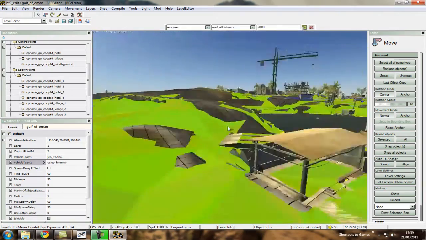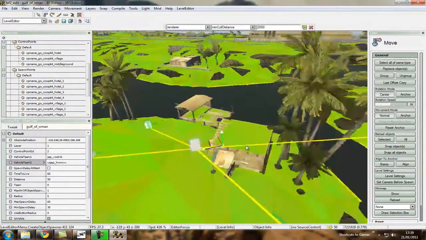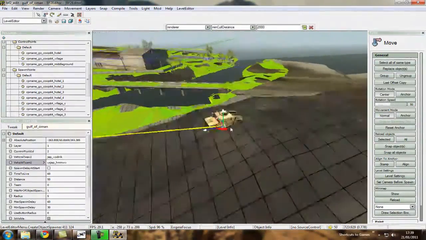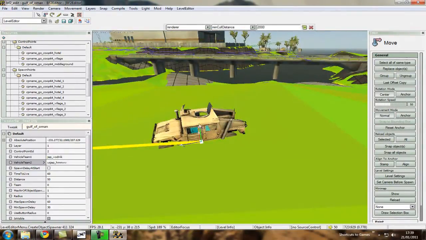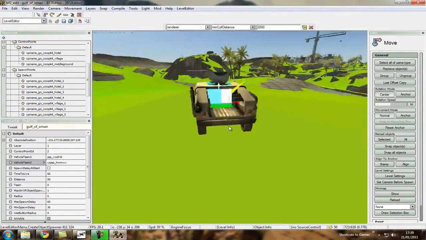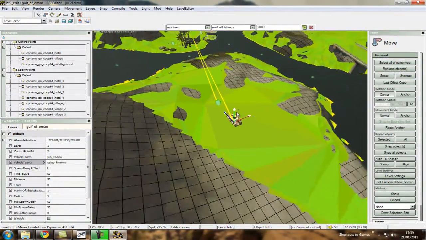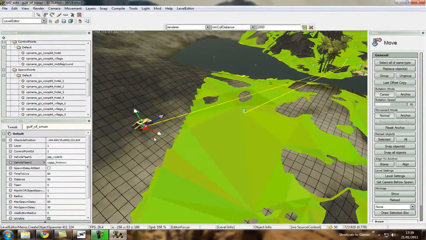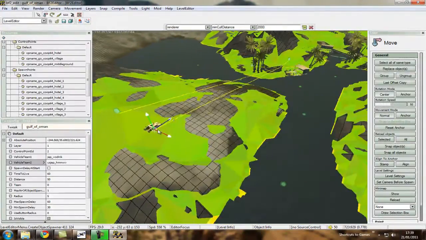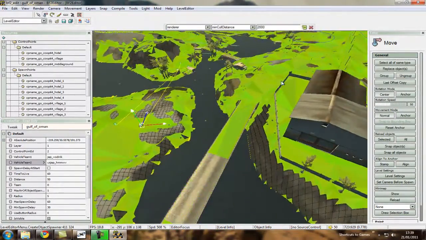The object spawners work in much the same way as AI spawn points do. As you see, if I move this out here, it's got a red ring around it, and if I move it down here or onto the green bit, it's got a green ring here. The only difference being that if AI get into a vehicle that's got a red ring around it in the editor, off the Navmesh, then they'll just stay still in that vehicle. That vehicle won't move. So the vehicle will only move where the green